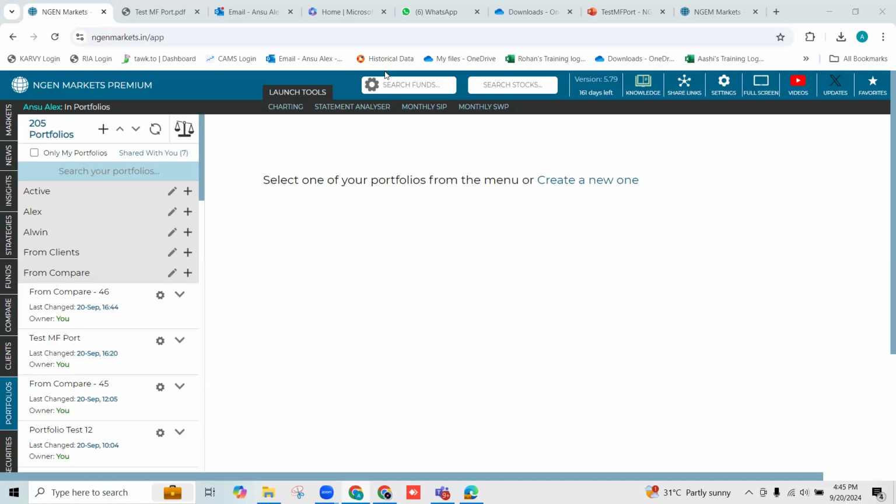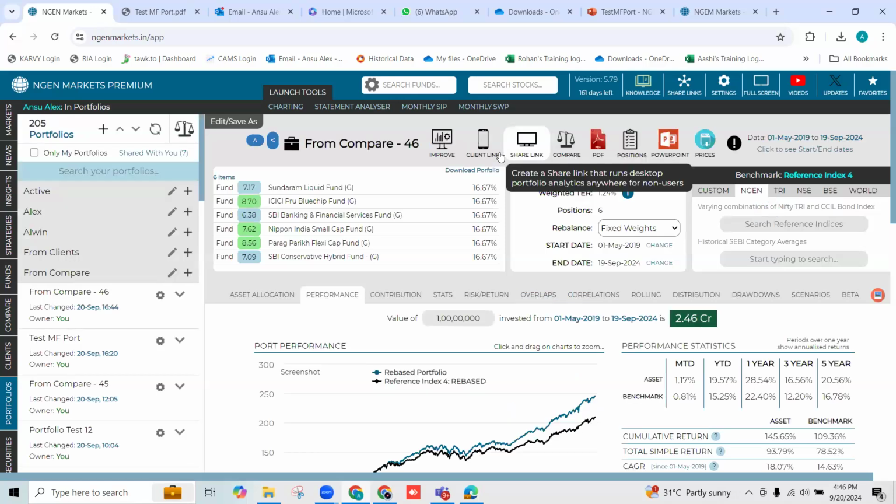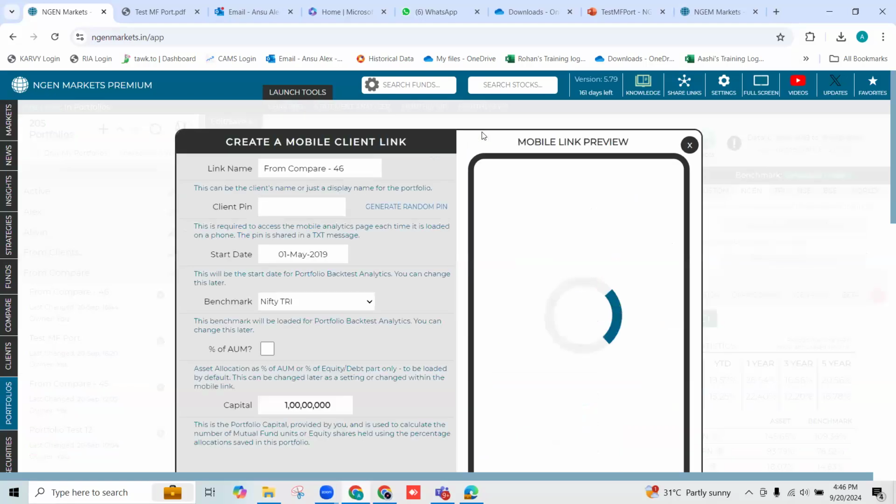All right, there's another question. Can you show from where you created or selected the mobile link option? Sure. So when you click on a portfolio for analysis purpose, after you click on run analytics, and once the portfolio analytics runs completely, some options come at the top, right? Which is called client link. That is where you create mobile links